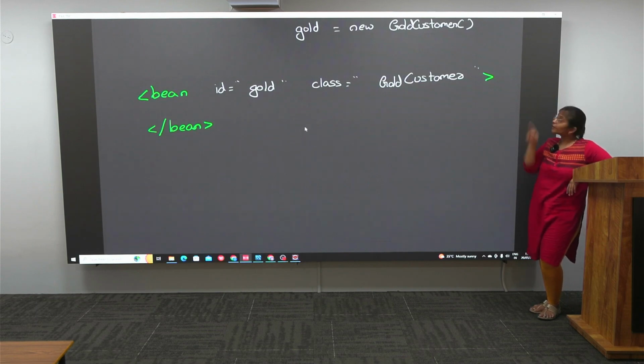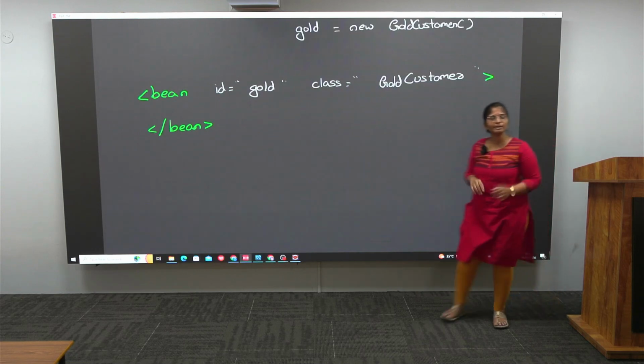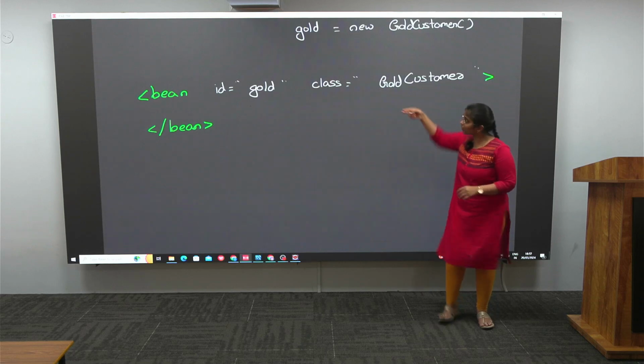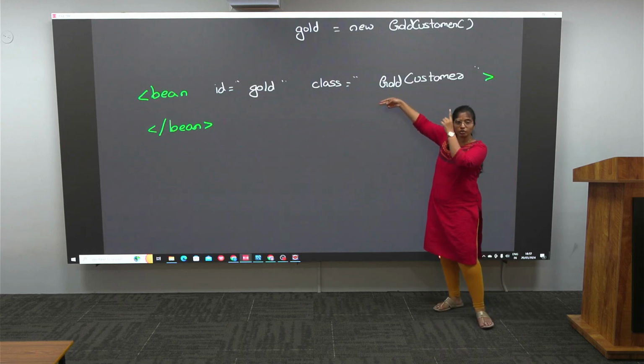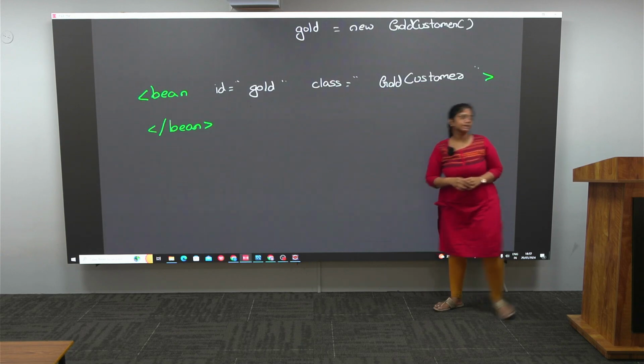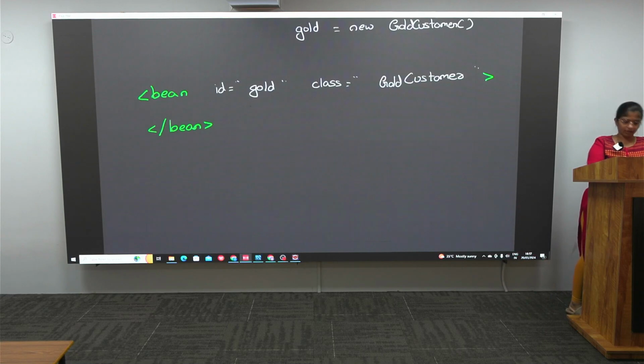But now I don't have a 0 parameterized constructor. I want to call such a constructor which has parameters. How many parameters? Two parameters. So I need to define something over here so that it will call this two parameterized constructor. That is when one more tag comes into picture. Okay. What is that tag, if you ask me? There is something called as,